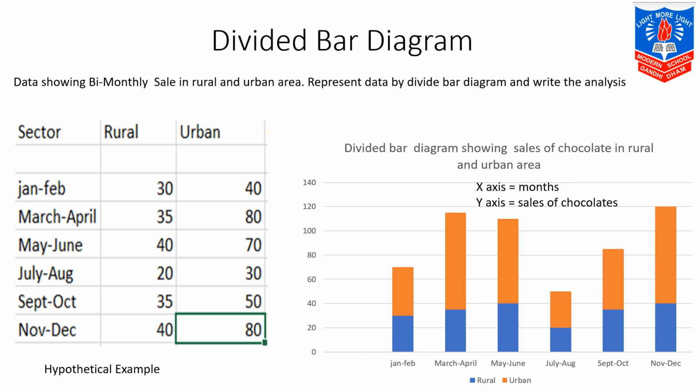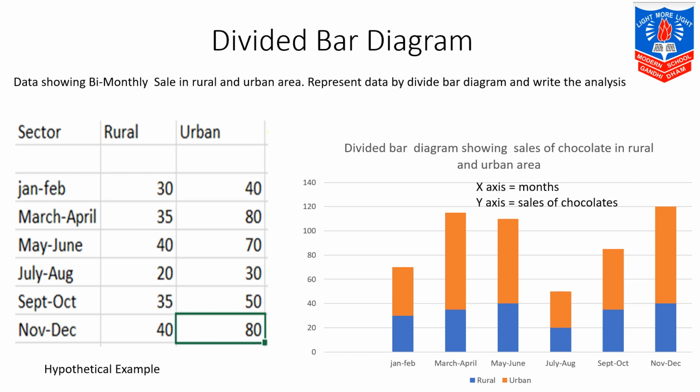Now over here you can even make it like this. For example, we will go to May, June. Rural is 40, so we will go till 40, make a line over there, and for the rest, 70 will be the total. Then after 40 it will be 41, 42, 43, like this until 70 we will go. The two ways I have explained to you. It's your will and your wish how you want to do it.